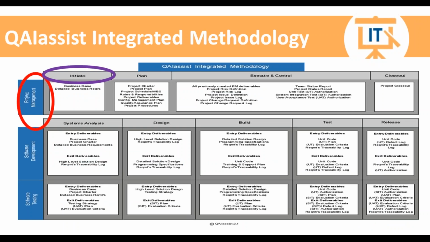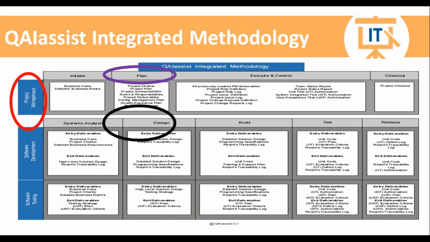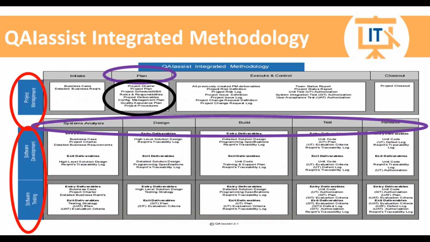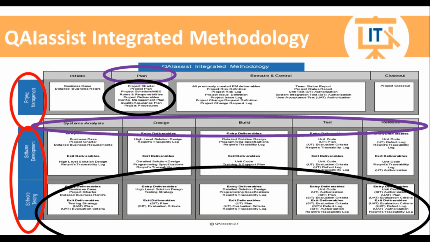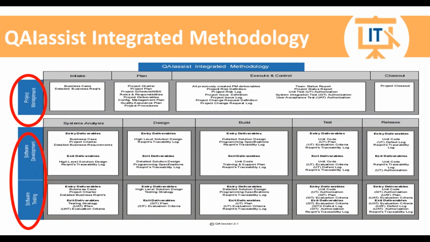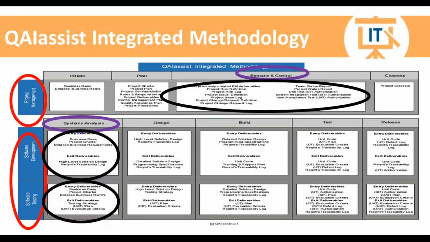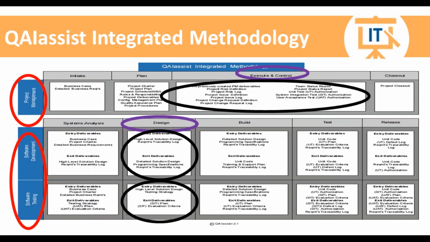So essentially, when we're talking about waterfall, we'll start with our project manager initiating it, and we'll plan it, with deliverables in it. In our planning, we're going to plan all of the different phases and the deliverables that are going to be used by the project team. Then we're going to execute it, and then we're going to do one iteration through the software development and software testing lifecycle, all the different phases, and the needed deliverables.